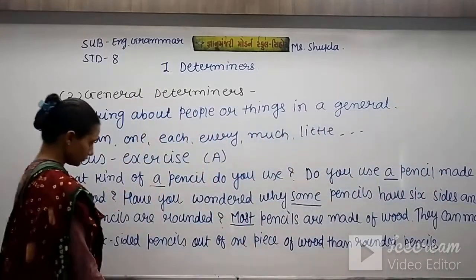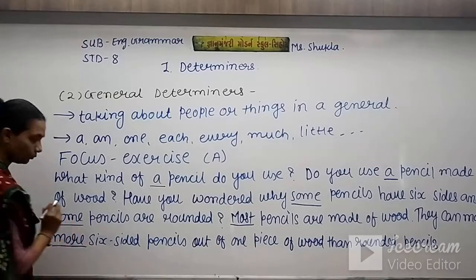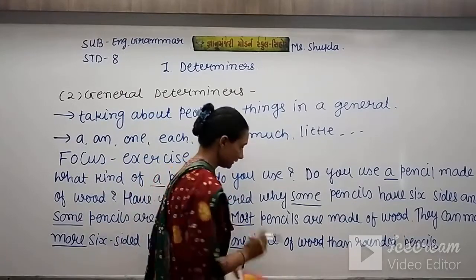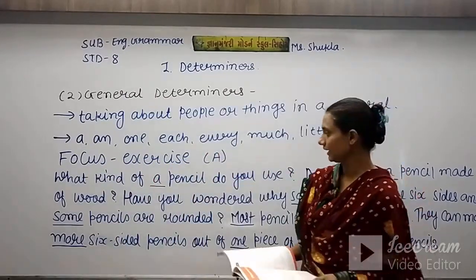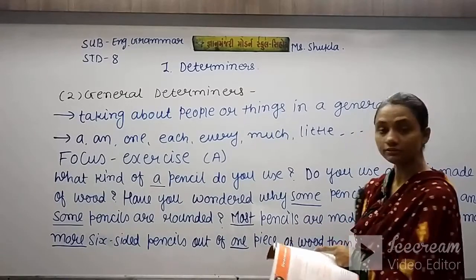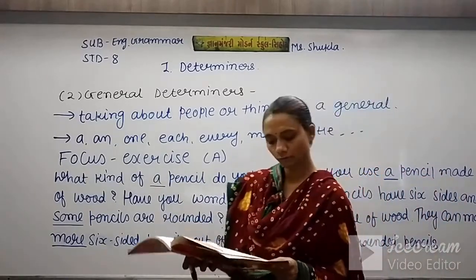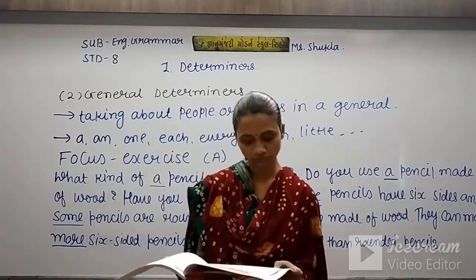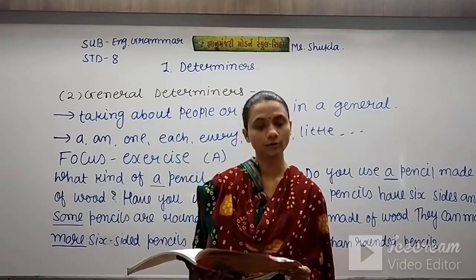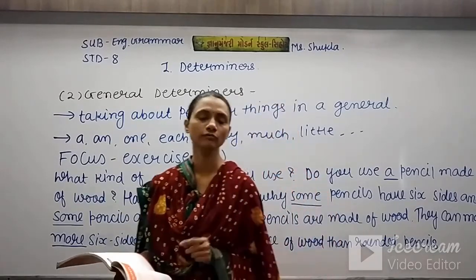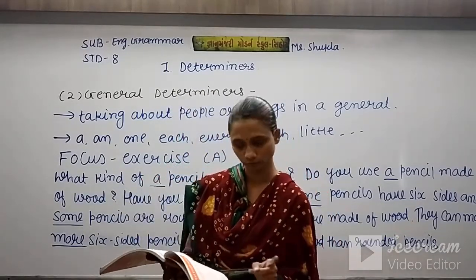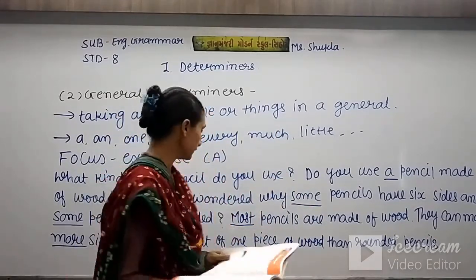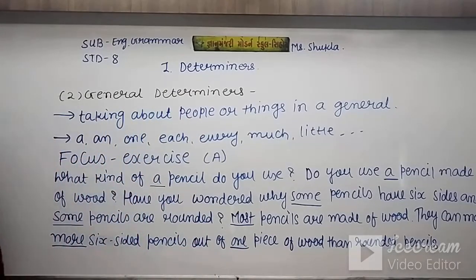Okay students, so here we have this more, okay, and this one. So this way we have identified the determiners from the lines. Now what you have to do is, from the third line, it is convenient for the use, from there to the last line, rounded one, you have to find out the determiners. That is homework, okay. So after it is convenient to rounded one, please note down this. After that we will go to practice exercise A.